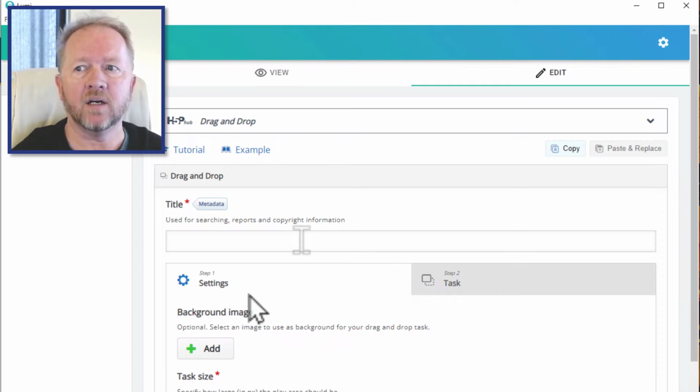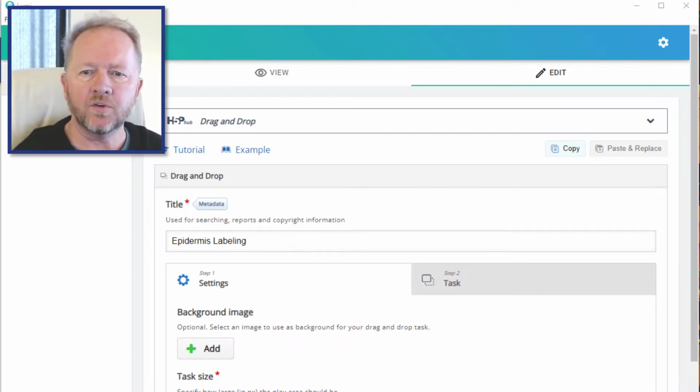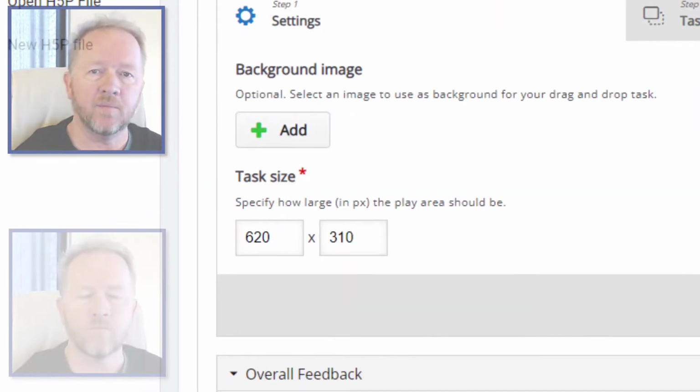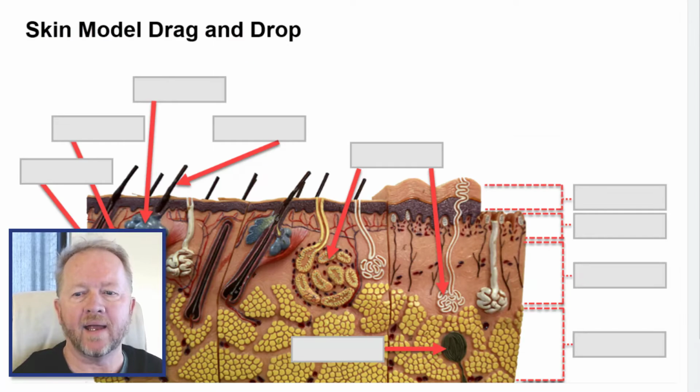I'll put in a title here, and then you'll scroll down here. You're just going to go through these top to bottom, left to right, and you'll see that this needs a background image. The reason is, here's what we're going to make. We're going to make a drag and drop that has the skin parts here, and then it's going to fill these little boxes. Now, I had to make a graphic that had this text on here,